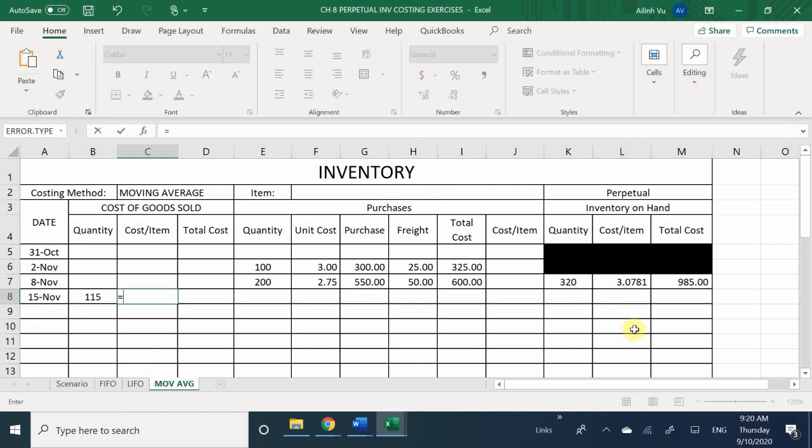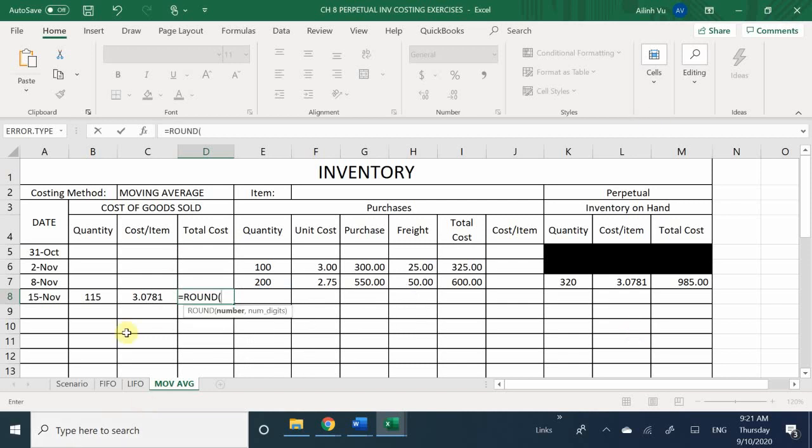So you can choose to either just type it straight in, you can self-reference it, but if you self-reference it, it will be a little off. In this case, I'm going to type it in. What was it? $3.0781. Okay, and I'm also going to go ahead and equal round this so it gives me a nice decimal place number,